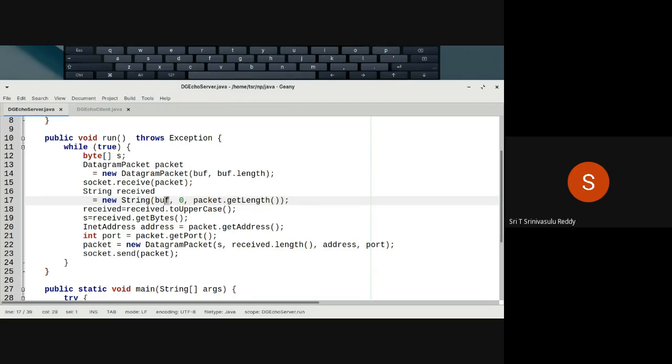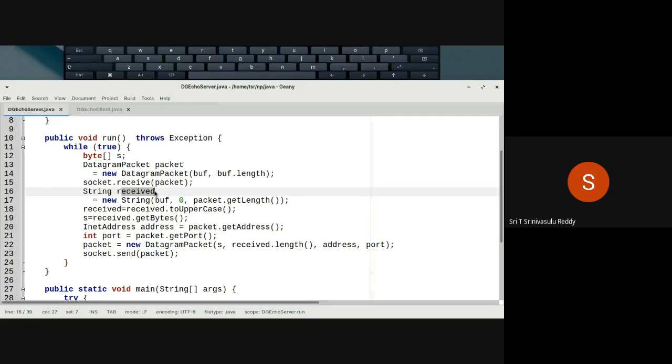Here, instead of buff, you can also use packet.getData, because we know that packet is bound to the buff. So we are directly using buff here, but you can also use packet.getData if you want. So at the end of this, the array of bytes is converted back into the string format and stored into the variable called received.